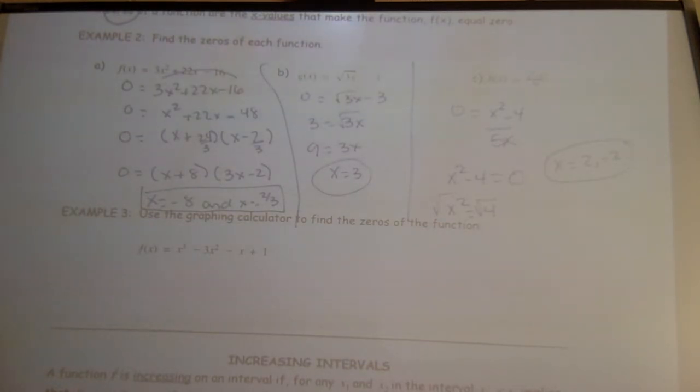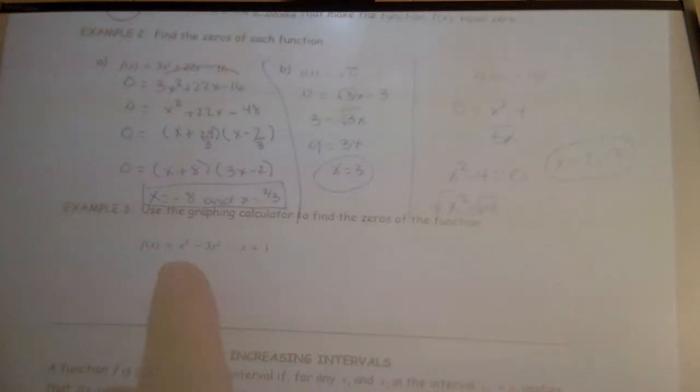But when I look at this problem right here, if I try to factor out a greatest common factor, it's x squared. That gives me x minus 3, which isn't going to match up over here. So we're going to use the graphing calculators to find our zeros. To do that,